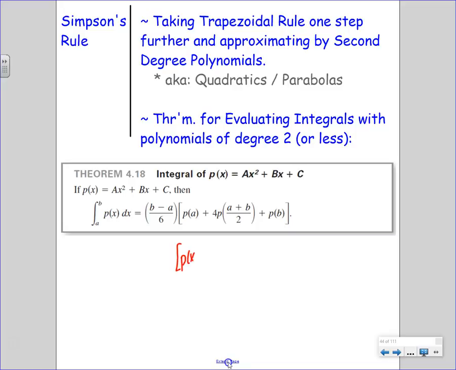So if I was to do P of x sub 0, plus 4P of x sub 0 plus x sub 1 all over 2, plus P of x sub 1. And then if I was able to pull this out of everybody, B minus A all over 6, because it's going to be the shared